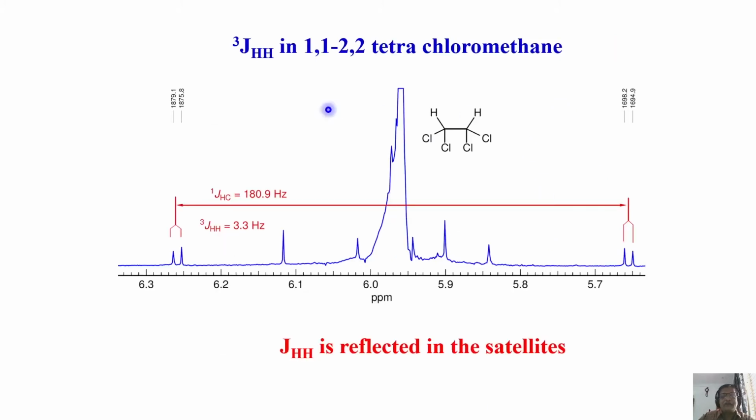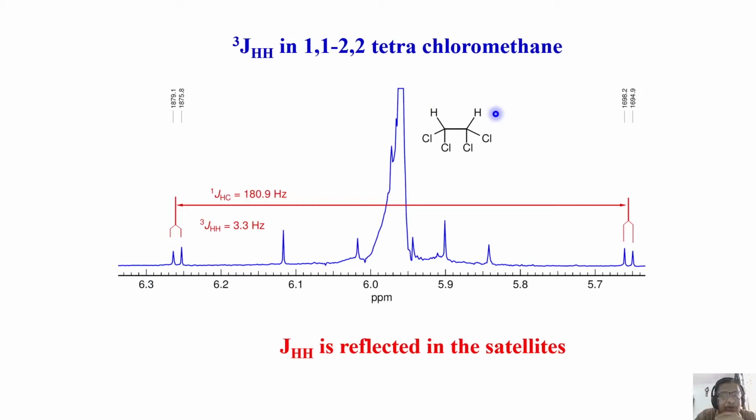This is another molecule, 1,1,2,2-tetrachloroethane. In this molecule, now if you look at the protonated molecule, this is what it is. These are all some other impurities, etc. You don't worry. And these two side satellites, center of this to center of this, is the CH coupling. And analysis of the doublet of the satellites gives you HH coupling. Very clear, right? So we were able to get CH coupling, HH coupling, all those things. All we have been doing is to analyze the satellites.